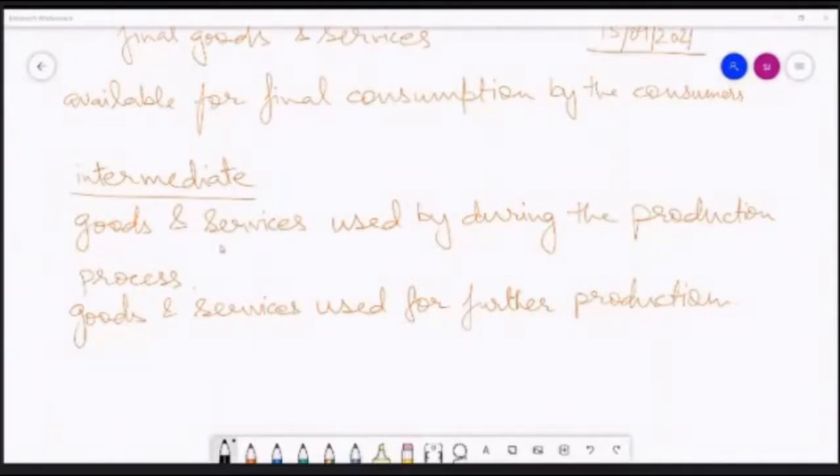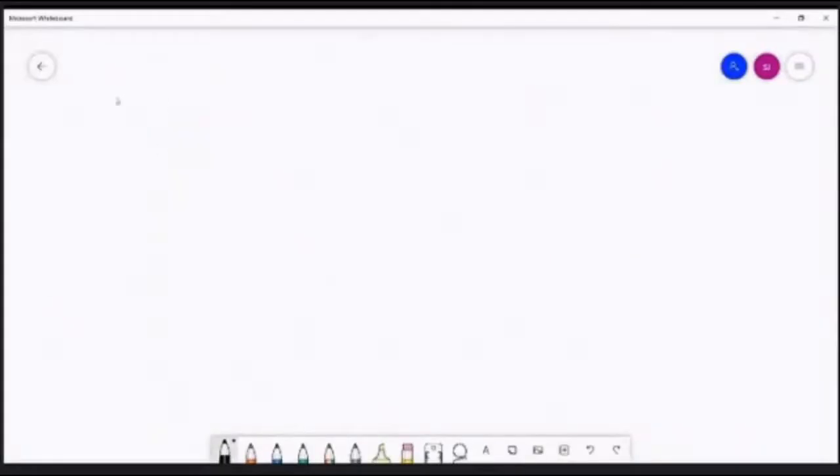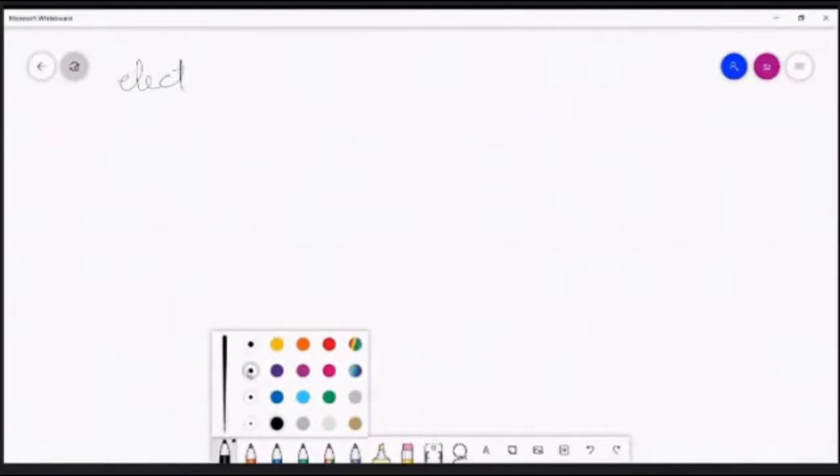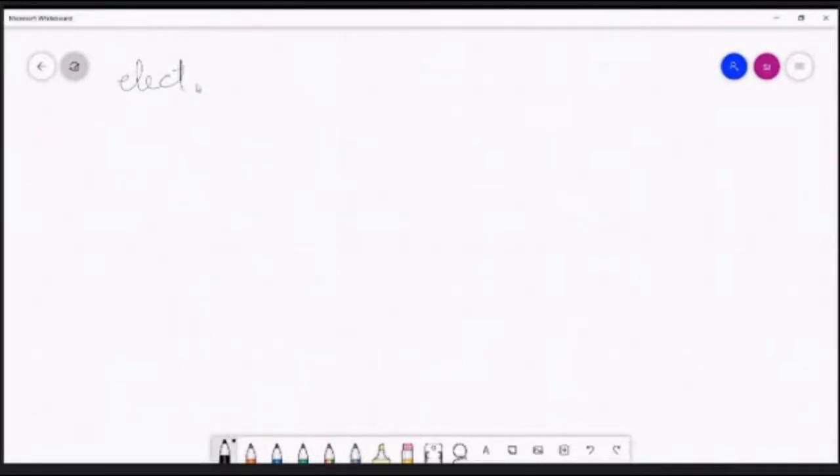So you are saying final goods and services are those which are, okay, let me write again. Suppose you are talking about, say, electricity. So you are talking about electricity. And when you say electricity,